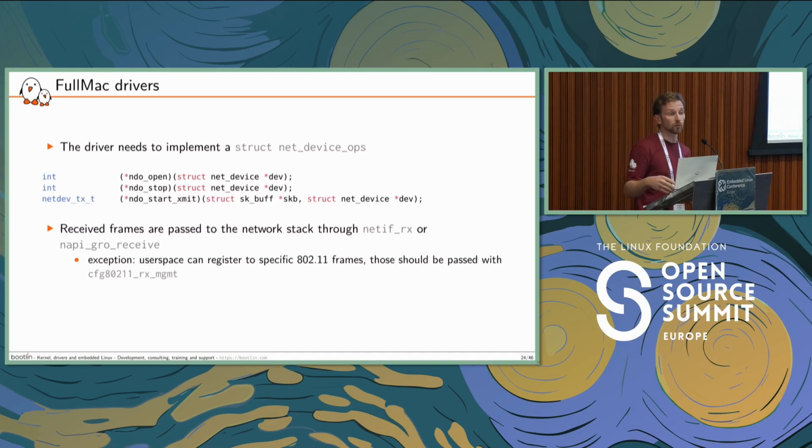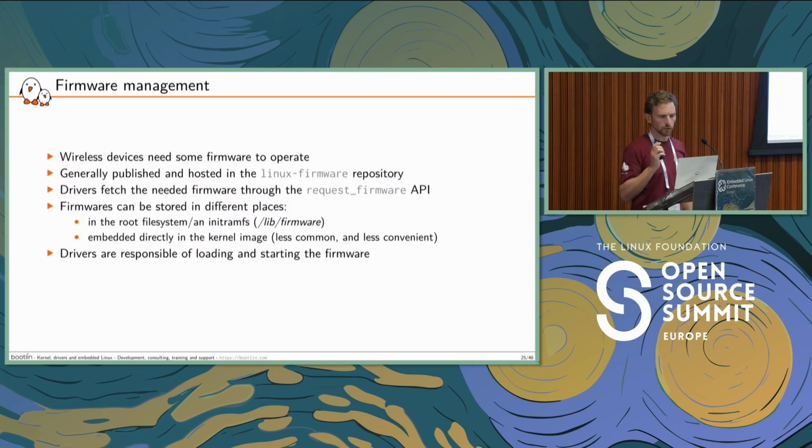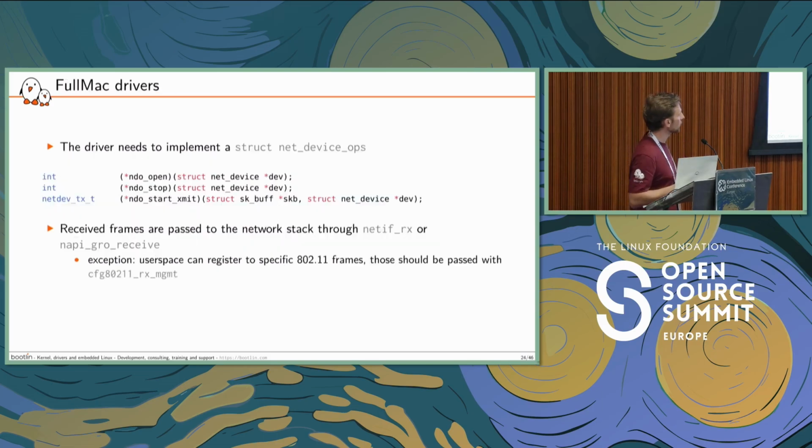Whenever the upper layers subscribe to some specific 802.11 frames, I will have some specific callbacks to push those frames up to the upper layers. So I don't have any skeleton for FullMAC drivers. Here the main point is about remembering this struct net_device, and specifically remembering this small pointer to link to a wireless_dev inside the structure.